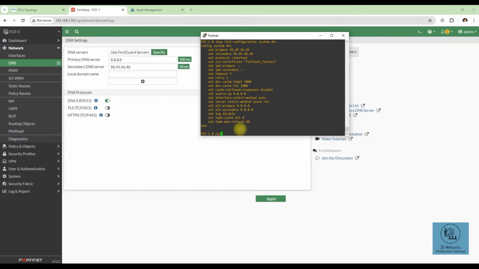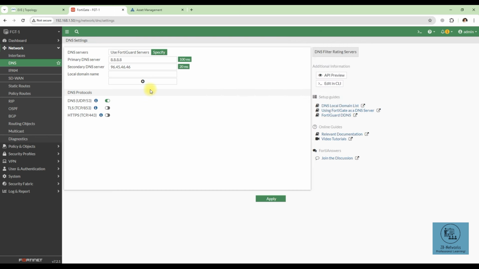You just go to the DNS configuration mode, which is entered by saying config system dns, and then you set the primary and the secondary. Set primary and then the IP. Say I will change it to 4.2.2.2, and I'll set the secondary to maybe my next hop, this edge router. So if I do the same here and do a refresh here, it should be changed